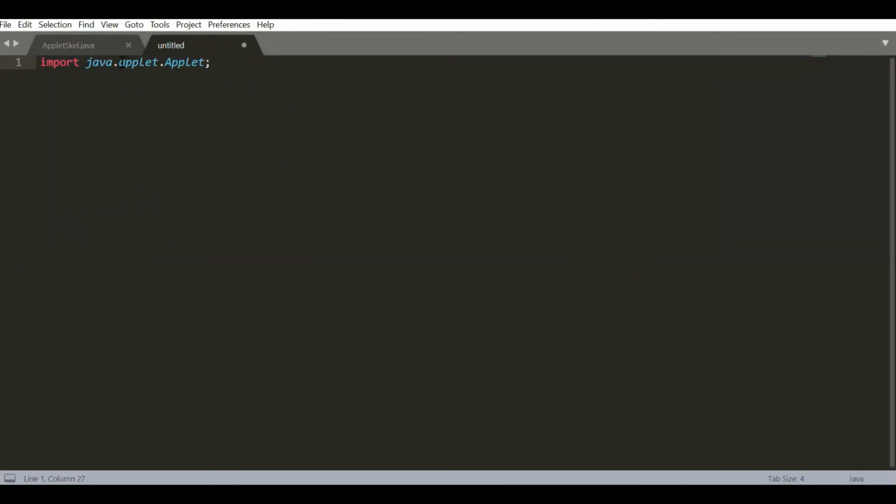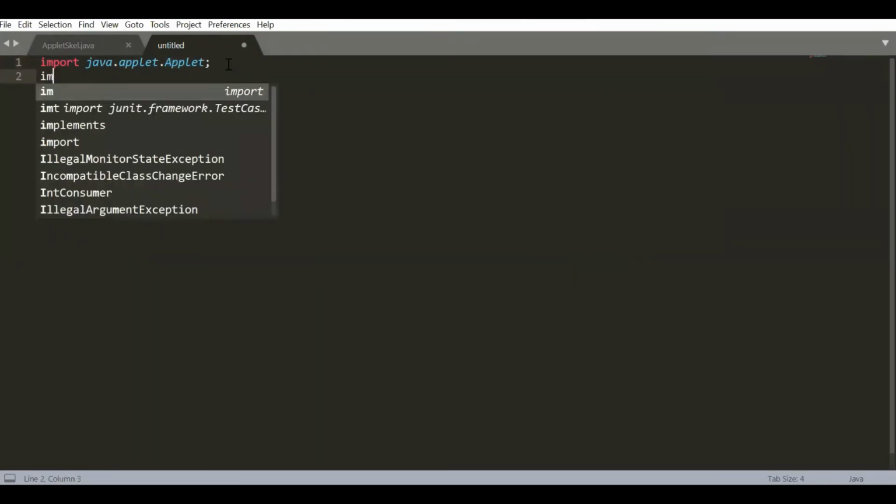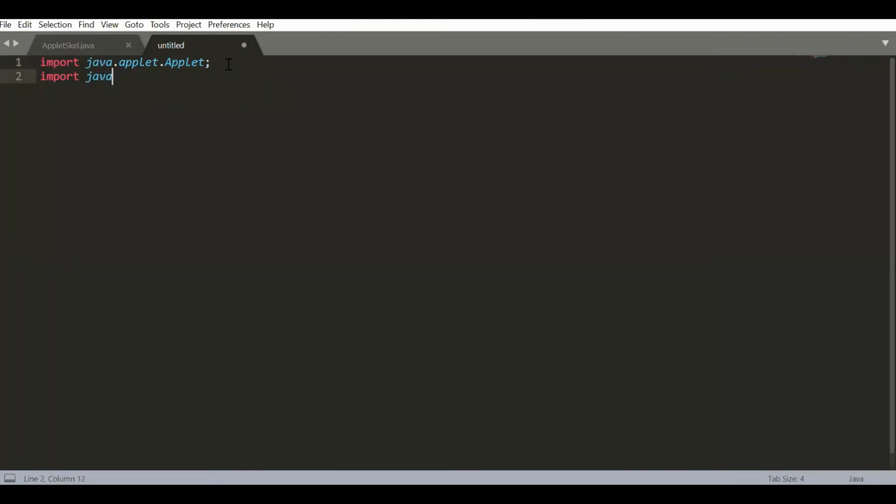So this is your package name and this will be the class name. import java.awt.* won't let you know these class names, so you need to have a thorough study of which classes are going to be implemented, right?